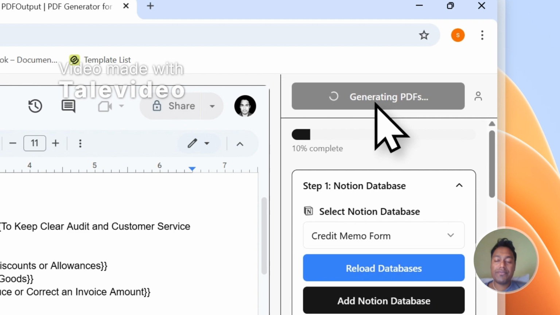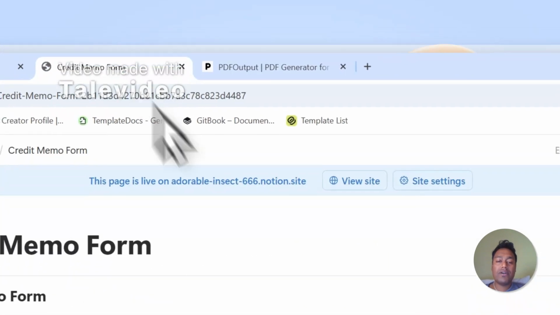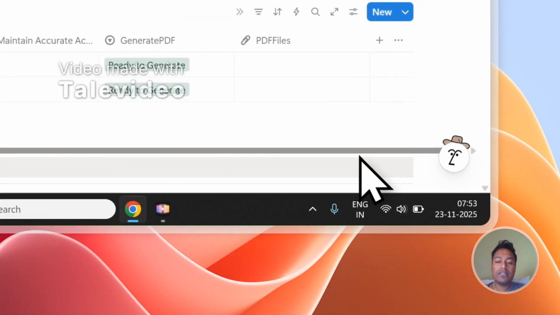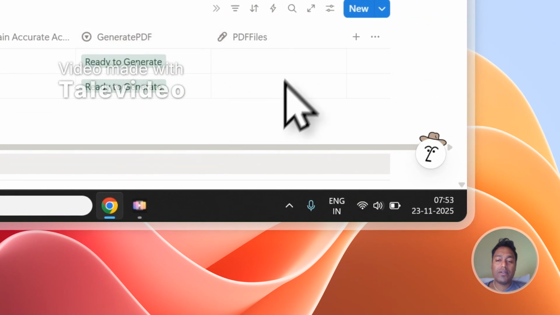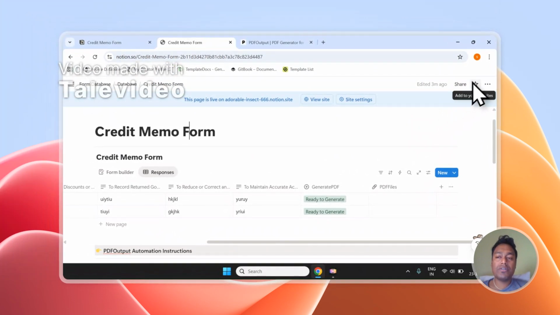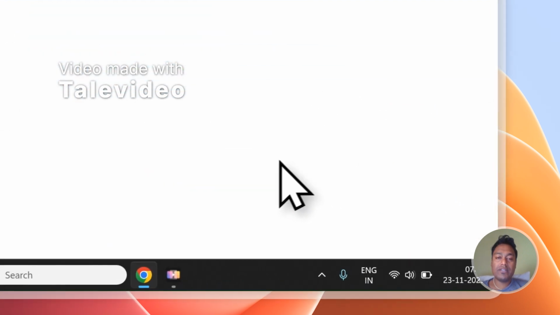Let's click on download PDF, and now it will automatically start downloading the PDF files right inside this PDF file column. It will also download the PDFs onto the downloads folder, as well as it will save the PDF inside this PDF file column for my use case. So you can see the first file is already out. Let me click on this,